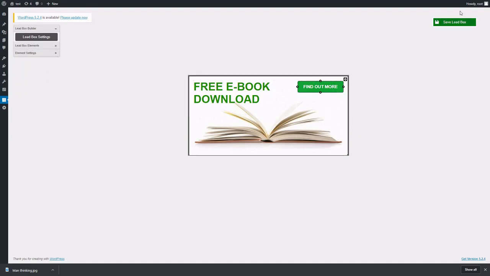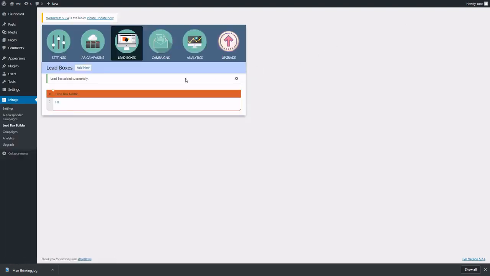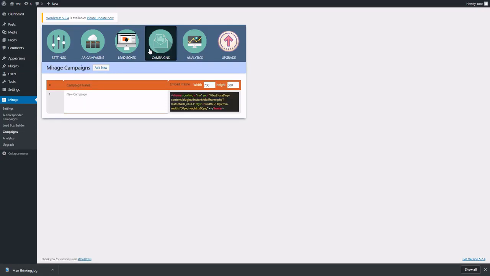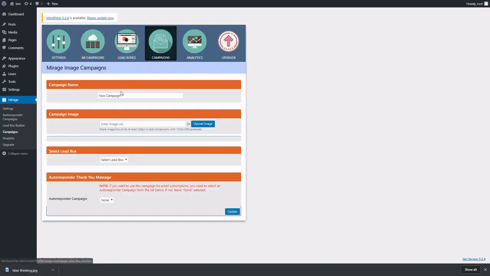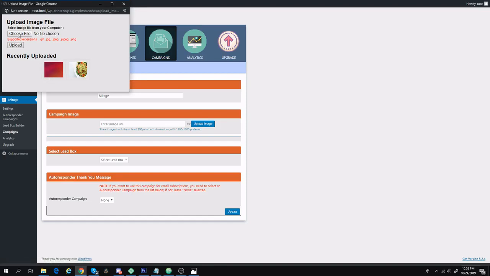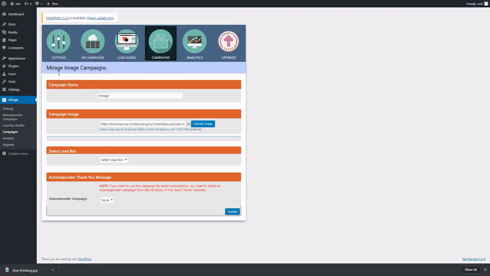We're going to click on save lead box, and here we have it, our hi lead box. We're going to create a new campaign, which was already created for us by the lead box. We're going to call it Mirage. We're going to put our picture, the one we just made. So click on upload, close and use image, and select our lead box, and then we're just going to click on update,